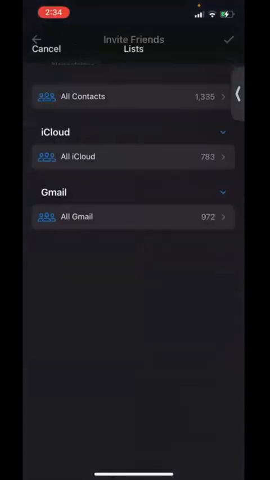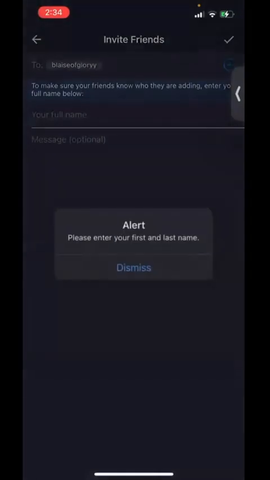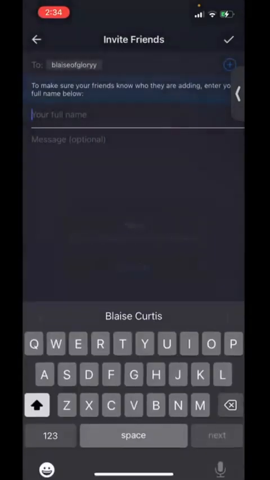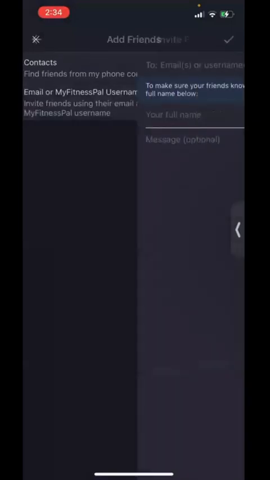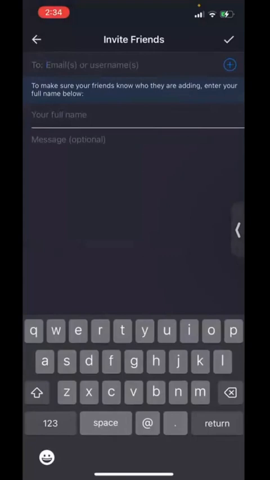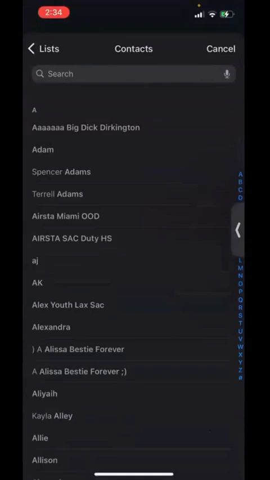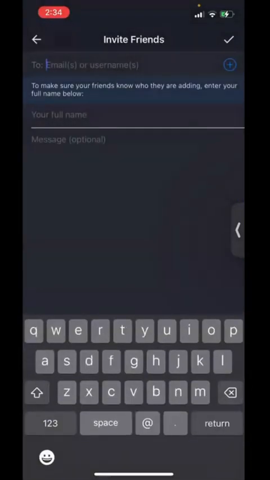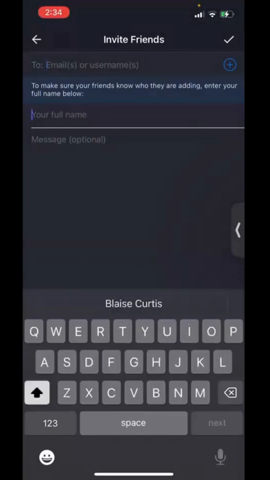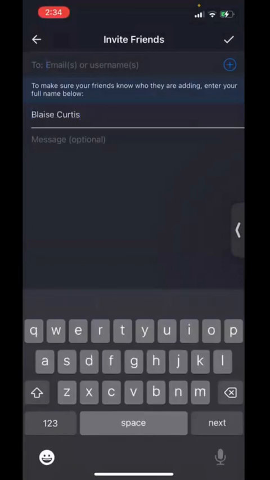Oh boy. And we'll make that happen. Oh, that's an invite friends. That could be why. All right. So invite friend using their MyFitnessPal email. Although I'm logged into this account, that may be why it's not letting me do it. But realize that you can go ahead and add somebody in here as well, and it's super easy. So you should be able to make that happen. Maybe if I do this,